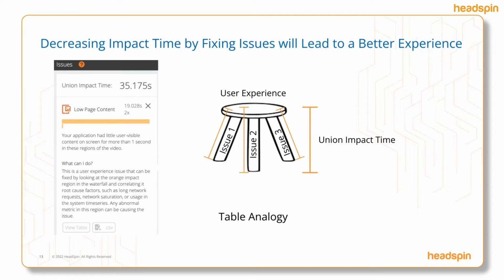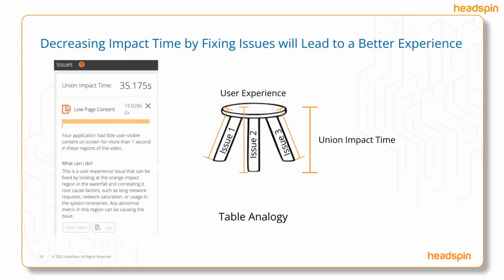So this is what we call the table analogy. And the idea is that ultimately we'll be surfacing issue cards across all of these different data streams and identifying issues in the technology stack. And the goal, of course, is to improve the end user experience, to lead to a better experience. So the way that this is accomplished in HeadSpin is by trying to decrease the impact time by addressing these issues. And of course, the proposition here is that decreasing the impact time and fixing issues will lead to a